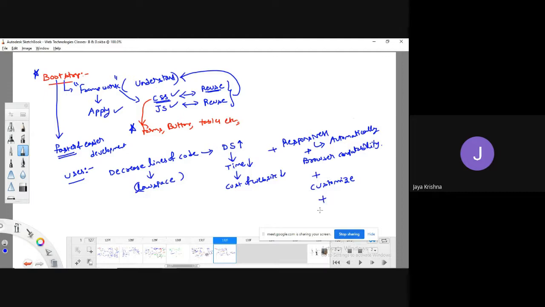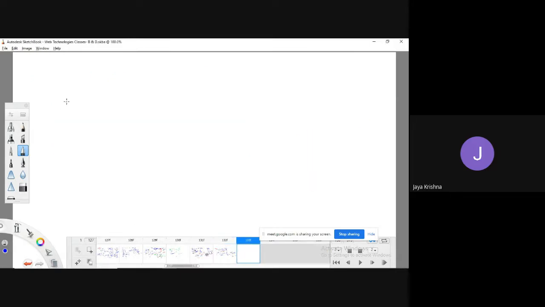Yes. And one more thing is, Bootstrap is an open source project. It can have various kinds of support. Support means we can have a community, meaning that if you post a query over the network, we can easily get answers from other people. These are the various uses of Bootstrap. So what do you mean by customizable? I will come to this point once again later, if you have not understood.